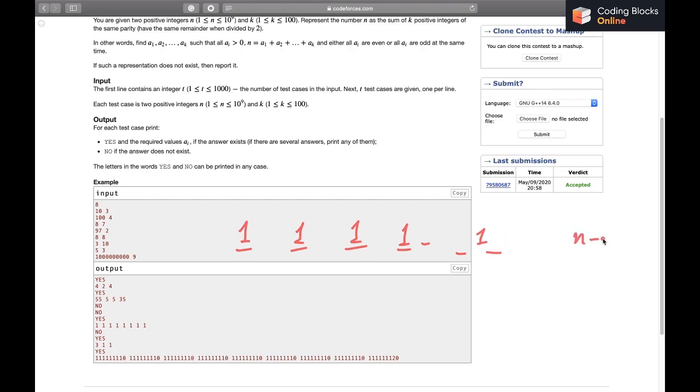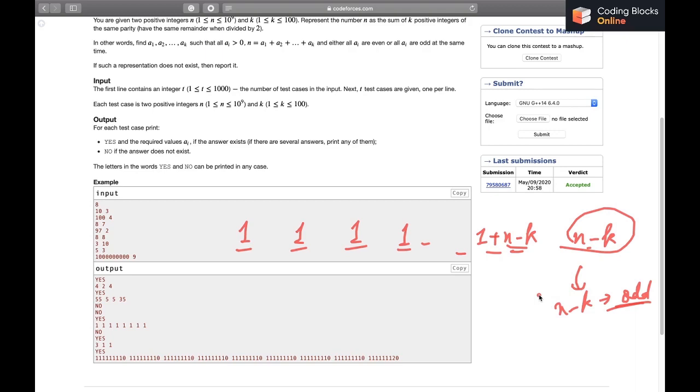And this holds for the other case as well, the case where we wanted the ones and the remaining sum was n minus k. We knew that if n minus k is positive and even, then adding n minus k to 1 doesn't really change its parity, right? And if n minus k was odd, then even if we divide n minus k into several other numbers, and adding them all should result in n minus k, at least one of them should have been odd, right? So I hope this clears how we'll be solving the question.